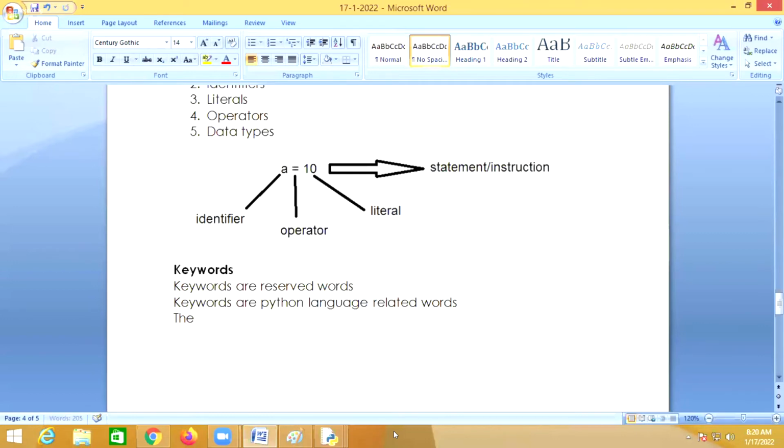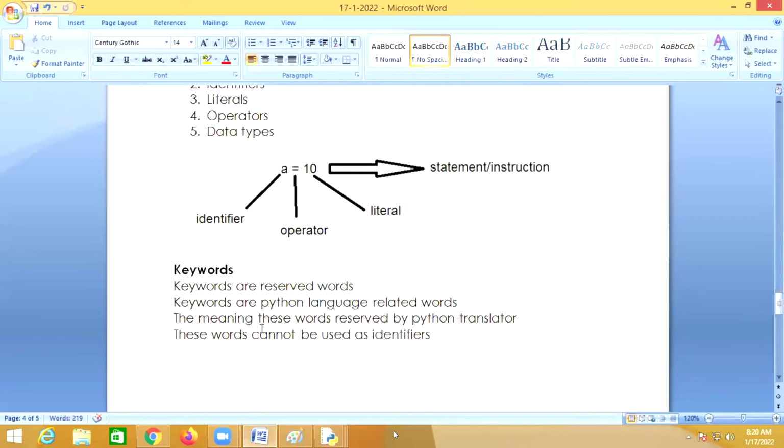The meaning of these words is reserved by the Python translator, and these words cannot be used as identifiers.